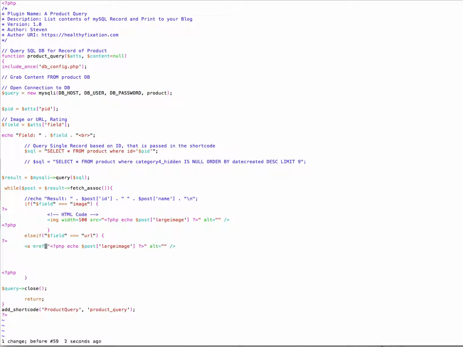Let's just do target equals underscore blank. So let's throw it onto a new page. Okay, instead of URL, we're going to do URL there. I don't really care about this stuff, yeah. Okay, so that, and then